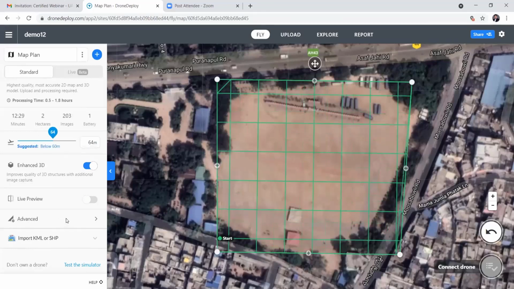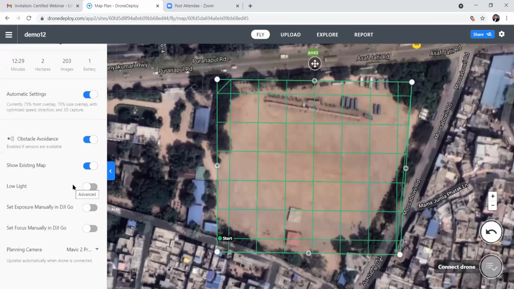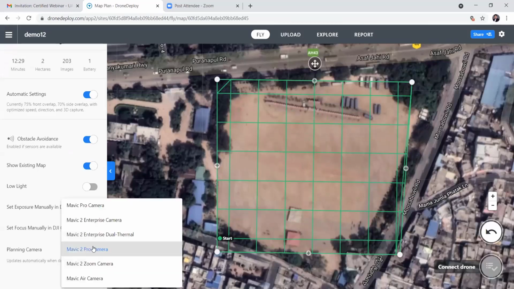After this, we go to advanced settings. In advanced settings, you can set that if there is low light the project has to be stopped, and the type of drone we are using will be displayed, whether it is a small drone, heavy drone, or large drone.